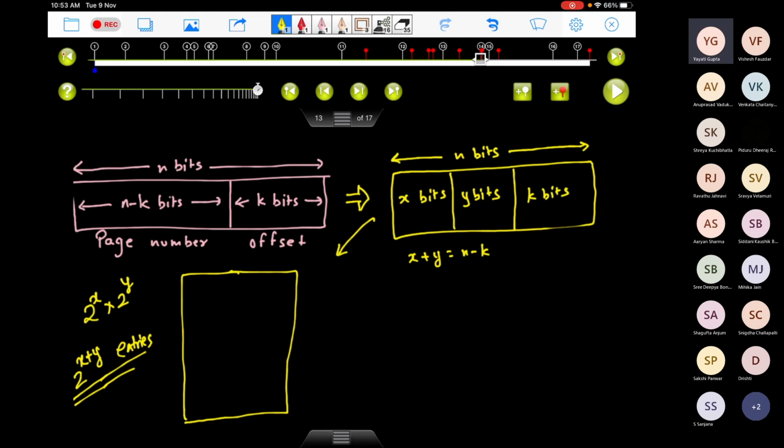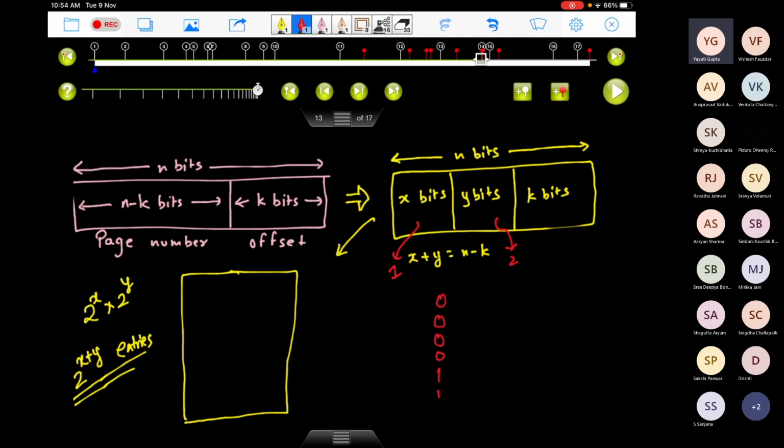Let's take some values of x and y that might simplify it. Let's say the value of x is 1, and y is 2, same as our previous example. How many entries do we have? 2 to the power 3, 8 entries, similar to our previous example. If you look at those 8 entries, we are going to split them up.